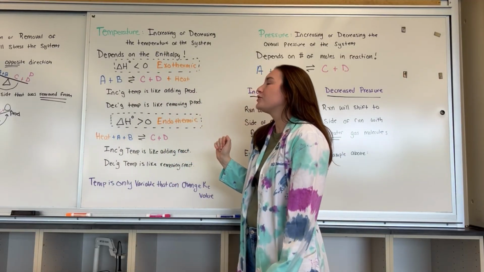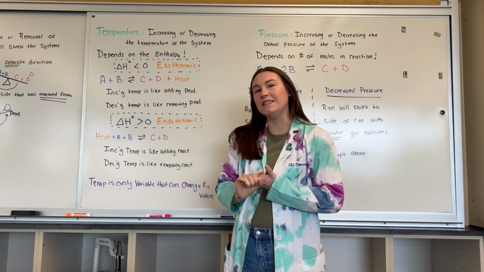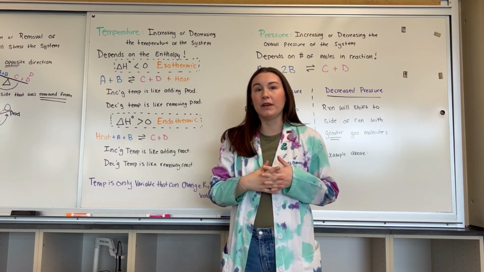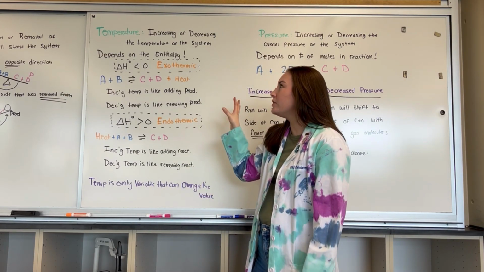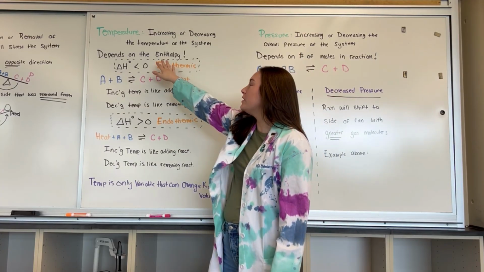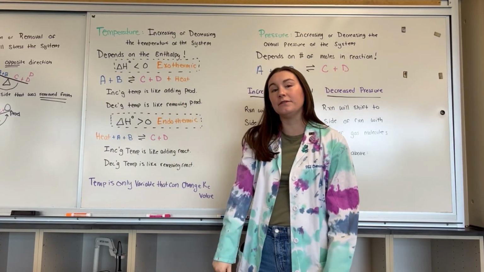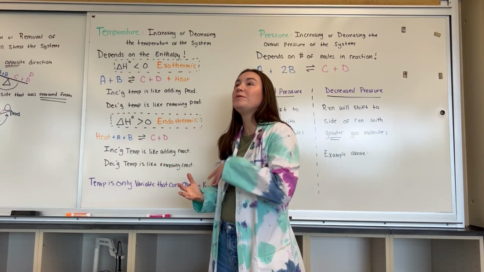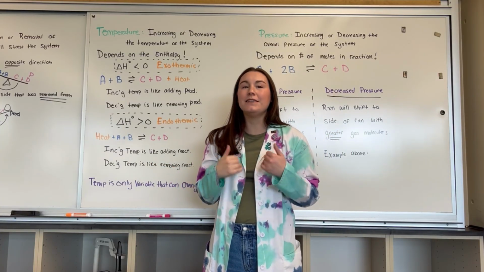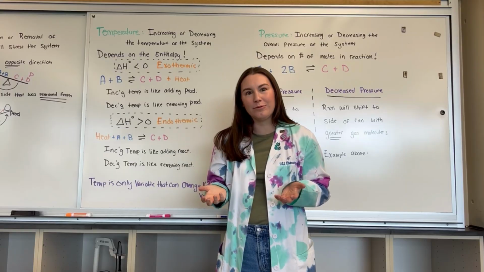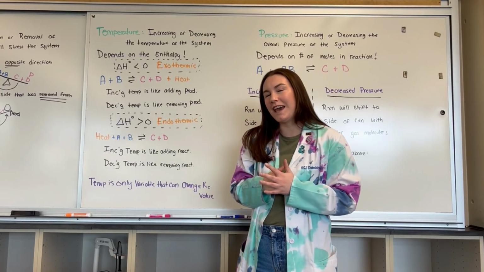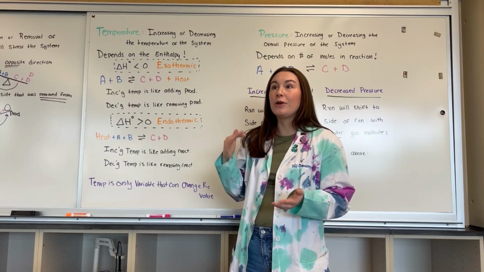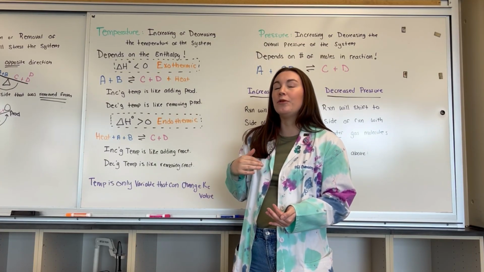So temperature has to do with the increase or the decrease of the temperature that the system is at when it's at equilibrium. And when we're talking about the change in temperature, we have to look at the enthalpy of that specific reaction. So how temperature affects one reaction could be different for a different reaction because different reactions have different enthalpy values. So we need to know the enthalpy value, or at least its sign, to know how temperature, whether we're increasing it or decreasing it, will affect